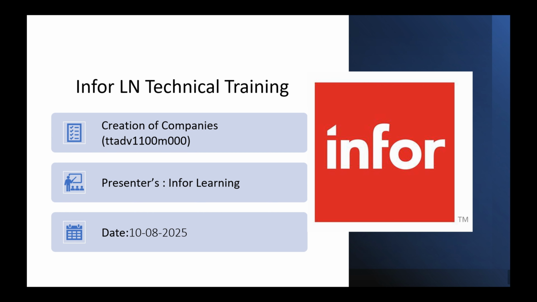Before you can do anything in Infor LN, before running a transaction, creating orders, or even setting up the modules, you first need to create a company. Now you think, alright, it's just typing a company name, right? No,